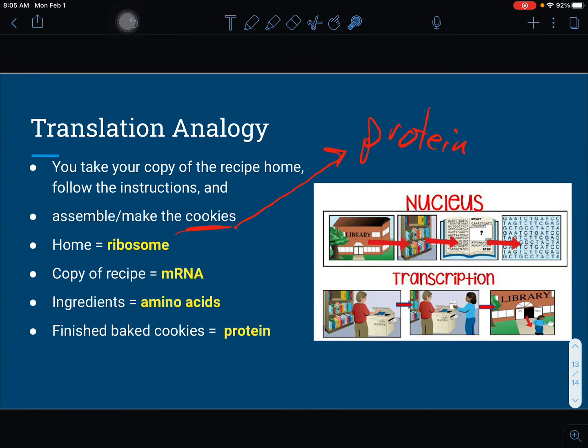Okay, so that is protein synthesis. There's a lot there. We will do our best to keep reinforcing these ideas in class. If you have questions, please